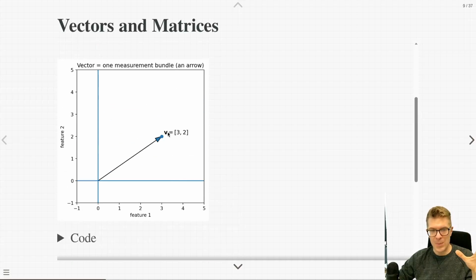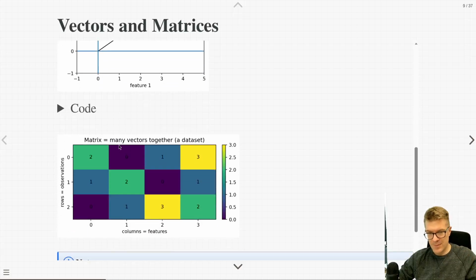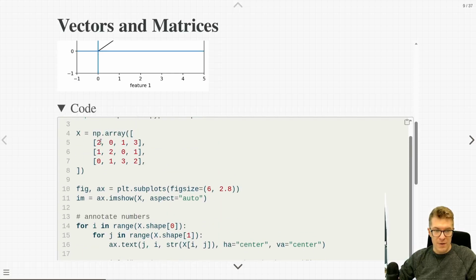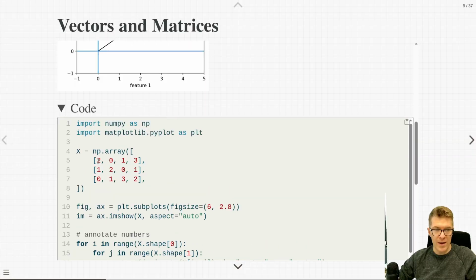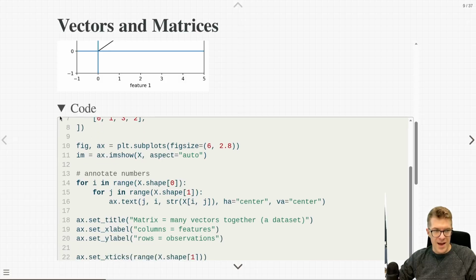I think it helps sometimes to be able to go back and forth between these conceptions quickly. So here's some more code that basically just represents a few vectors. So here we have an array. It has 3 elements by 4 measurements, and we're going to basically just draw these as a